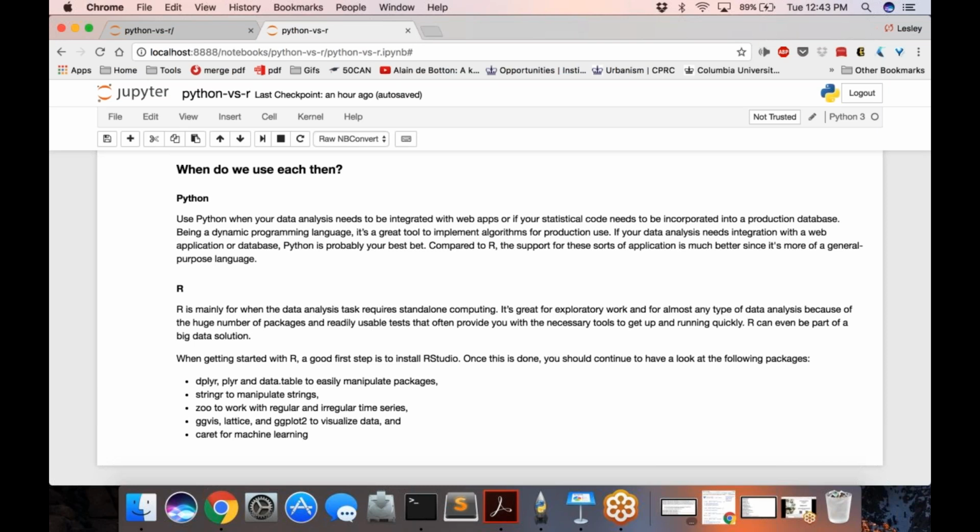Okay, so Django is actually just a web framework. So Jupyter and Django are really separate things.